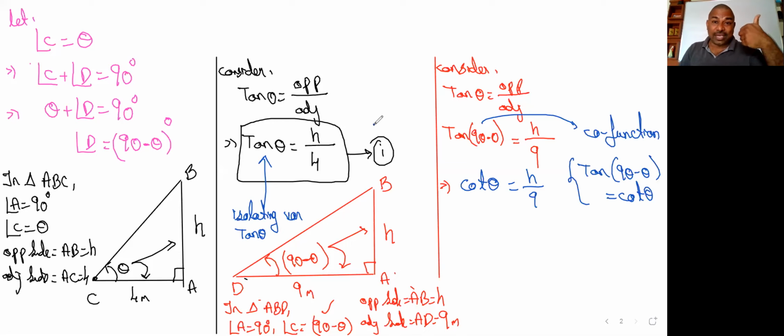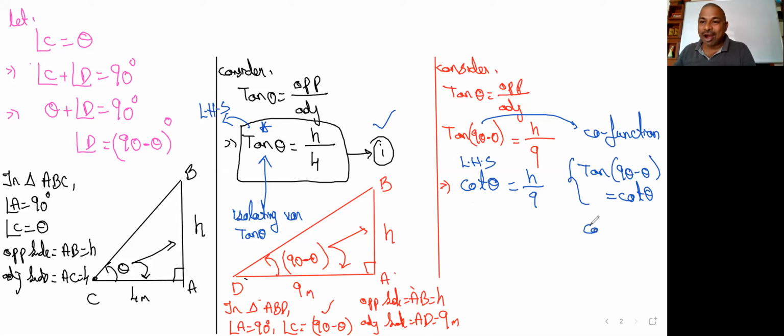But in the first equation, we isolated tan theta. Here, on the LHS, we have cot theta, but we don't want cot theta. As we isolated tan theta there, we need tan theta here. So though tan and cot are co-functions, we have one more relation.